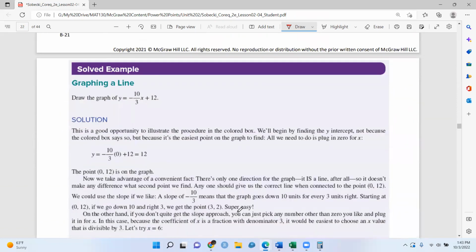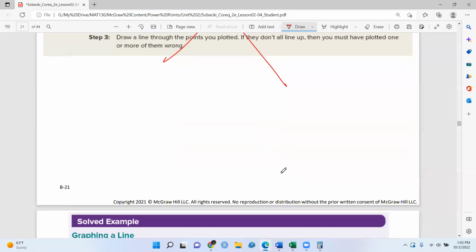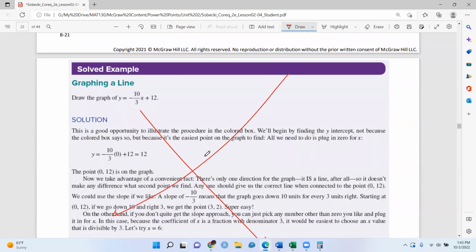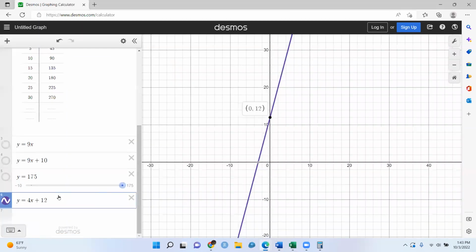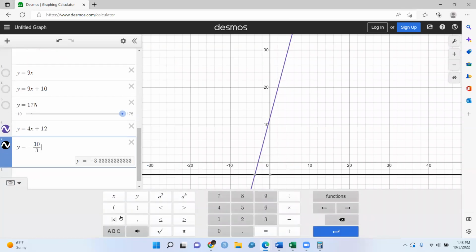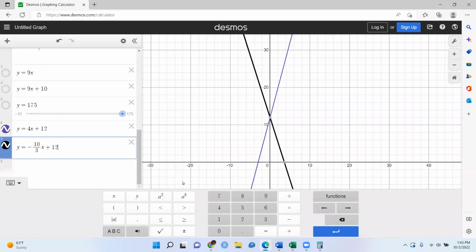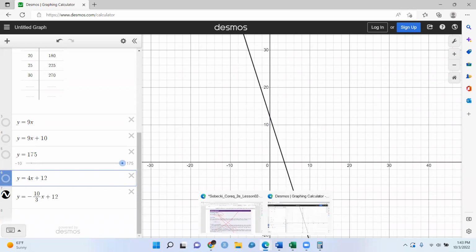Okay, so I don't care that you can graph things by hand at all. This is what this is all about. Just know how to type it in Desmos. Ignore this, just type it in Desmos. So like this one, y equals -10/3 x plus 12. You're just going to come over here and type y equals -10 divided by 3 times x plus 12, and there's your graph. Right? Why bother doing that by hand? We did that. Just as long as you can type, you can get your perfect graphs. So